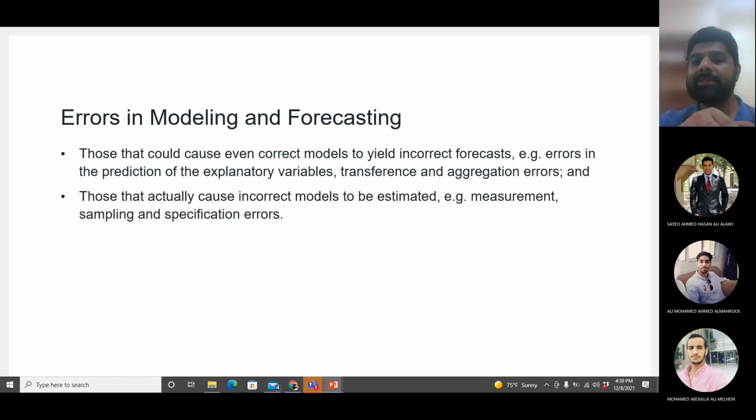So in that case, the error is coming because of the sampling. You did not take the sample correctly. So the model which you developed did not take into account other types of travelers who are not students. And it can be because of specification errors as well. An incorrect model can be because of a specification error. A specification means what type of model you wanted to develop, or what variables you put into the model.